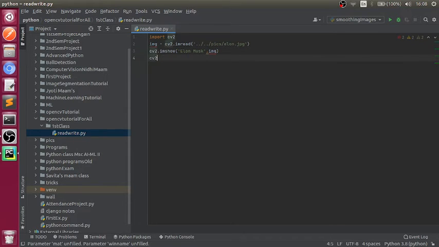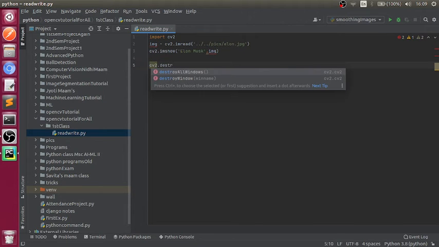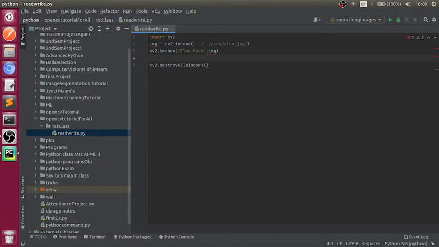Now after this, we have to destroy all windows, and before that we have to write cv2.waitKey and pass the parameter 0. If you pass 0 and you don't press any key, then it's not going to be closed. If we pass 5000 over here, then it will close after 5 seconds automatically.